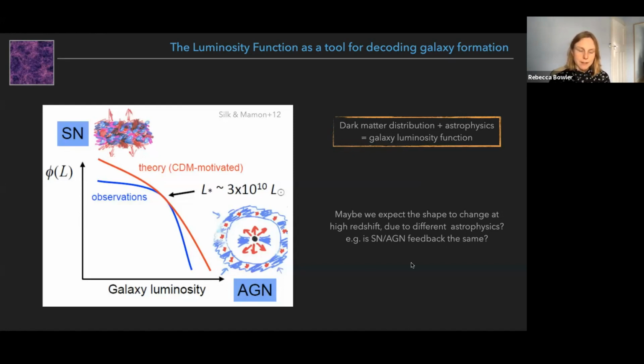So I'm really interested in this hypothesis, particularly at high redshift, because at high redshift, do we really expect the same astrophysical processes to be working in exactly the same way as at low redshift? Because the chemical composition is very different, the stars are younger, the galaxies are not dynamically relaxed. It's a very different situation at high redshift. And so I think by looking at the luminosity functions at high redshift, you can really start to see some possibly interesting effects due to different astrophysics.